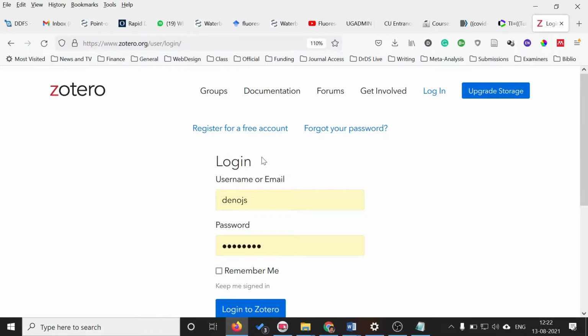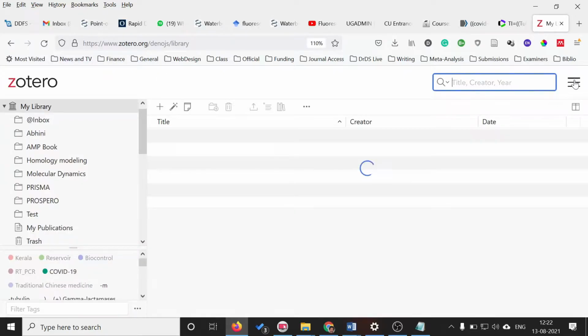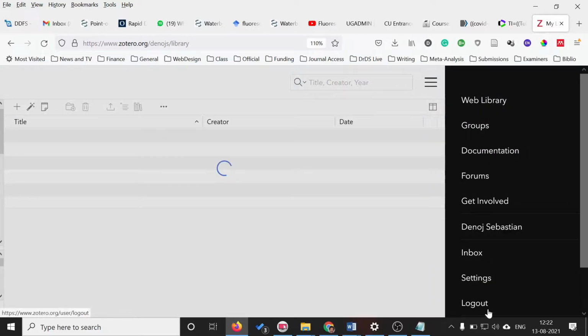Otherwise you can limit the download of the PDF files, and that will be sufficient for you to work with. So right now, what you have to do is create a free account with Zotero, just like creating any other account. Right now, I have an account, so that I can log in. Okay. So this is the first step that you have to perform, that is, create an account with Zotero.